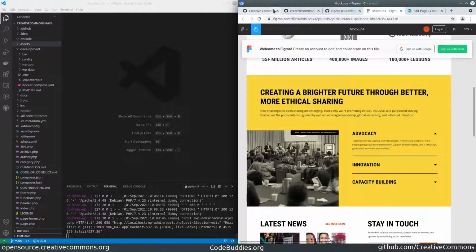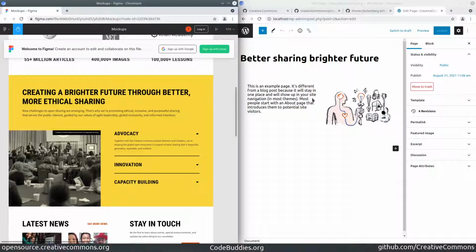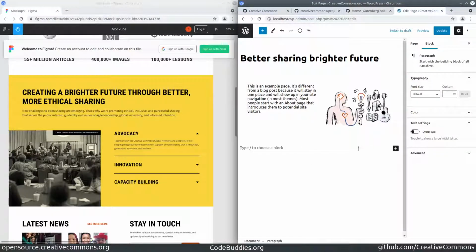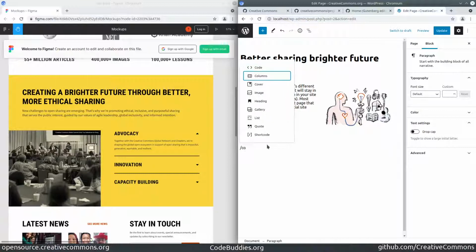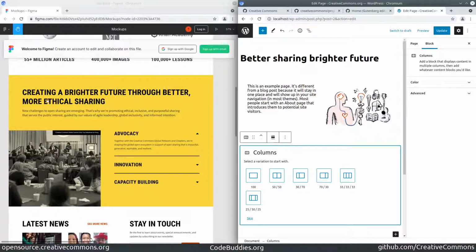Yeah, and for the most part, once this server is running, I can just kind of ignore VS Code. So we'll just go ahead and move this over to the left. We'll create a new block, and essentially when we decompose these design elements, this is a block called columns, which can contain other blocks, and it looks like